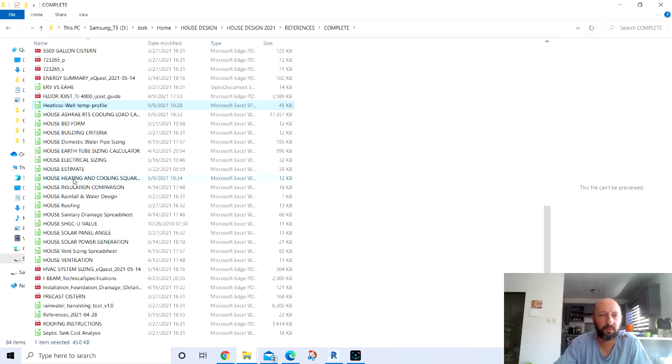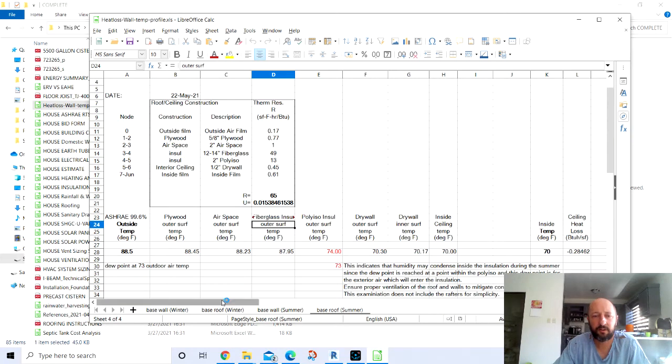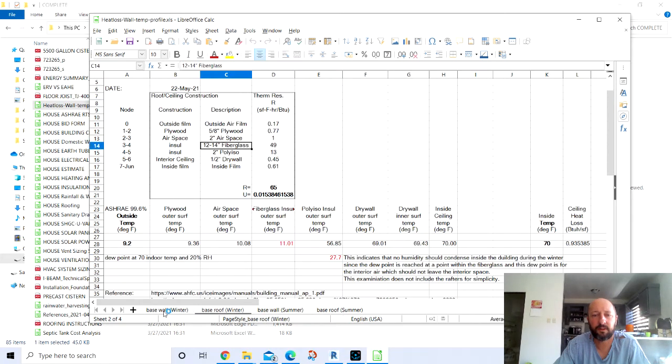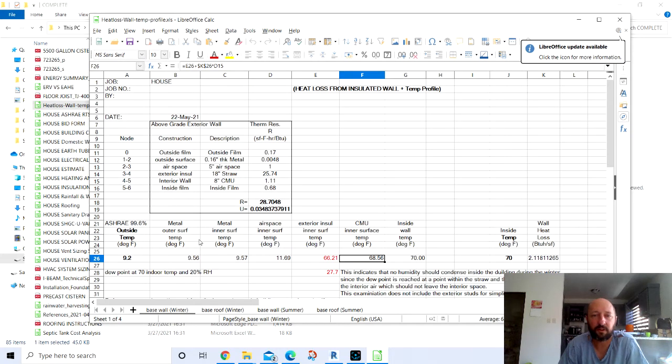And then when we were looking at the design, I looked at the different types of insulation and this heat loss wall temp profile. What I used it for, at least, was to determine where, if you're going to get condensation, that condensation is going to occur, because you want to make sure that your insulation doesn't get wet and that you control the location at which the condensation occurs, which happens to be inside the insulation